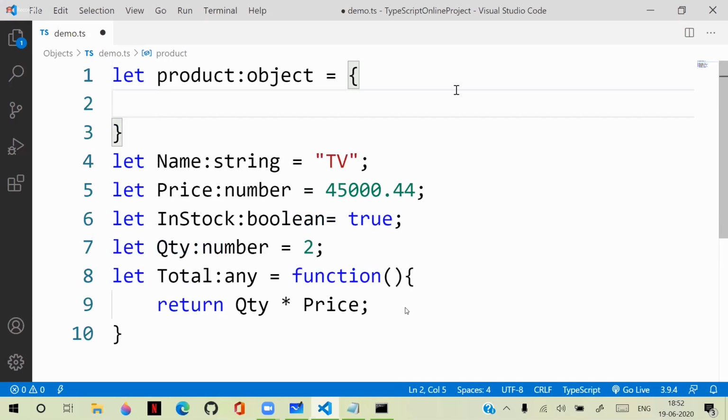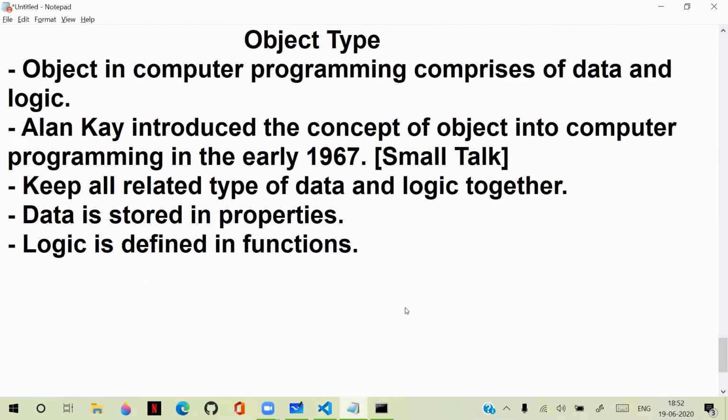In this, we need to keep all the data together. So how do we need to keep the data together? So name, how can we define the properties? Now, one more important key point you need to remember is that a TypeScript object